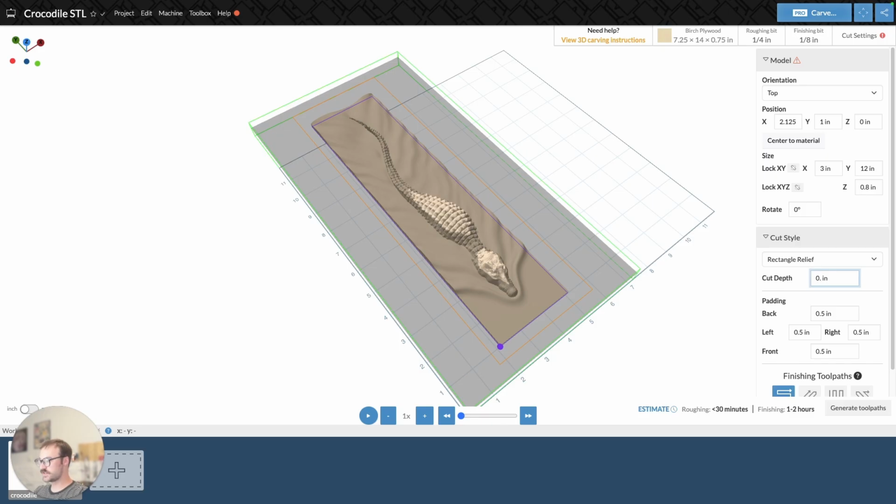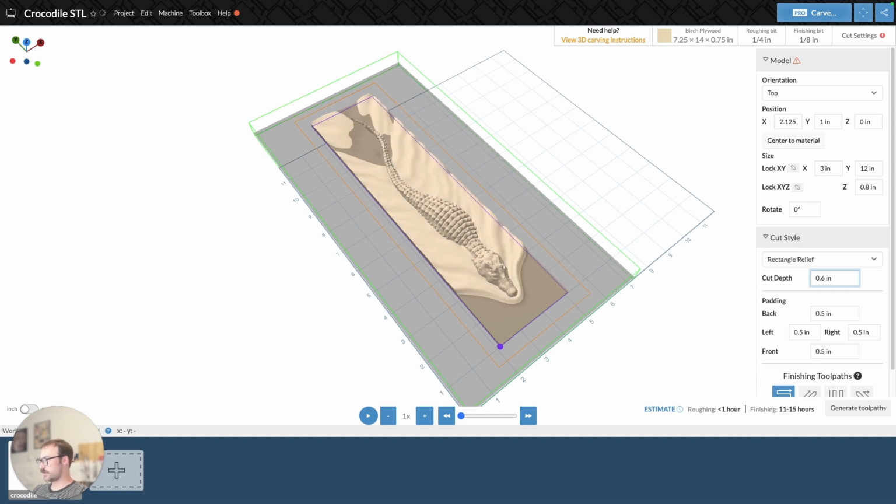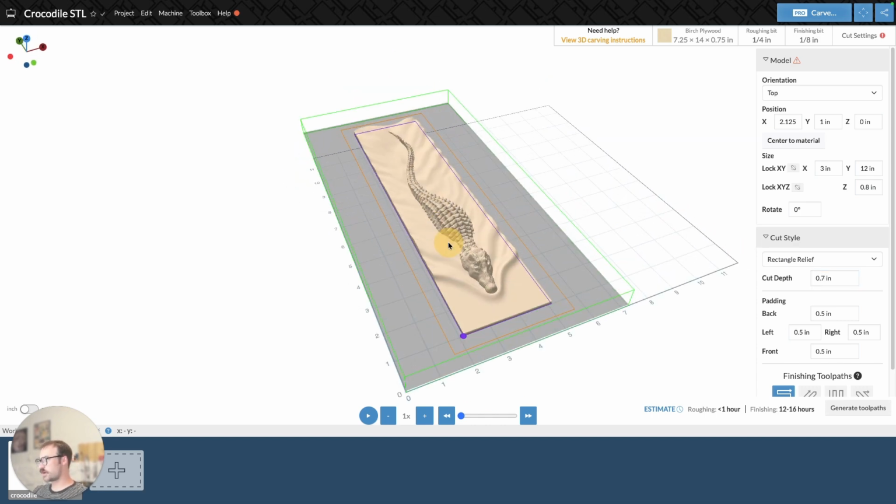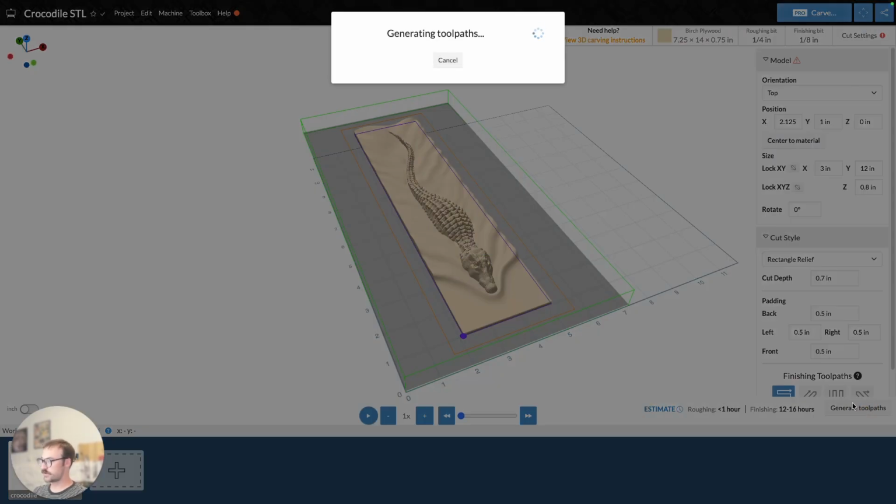So in this instance, I'm going to move my cut depth down, and to get there, if you click on cut style, you'll see rectangle relief or model boundary relief at the top, and then cut depth. And you just want to adjust this until as much of that model as you want to carve is visible and not grayed out. It's okay to adjust it more than once. And so when I generate this toolpath,